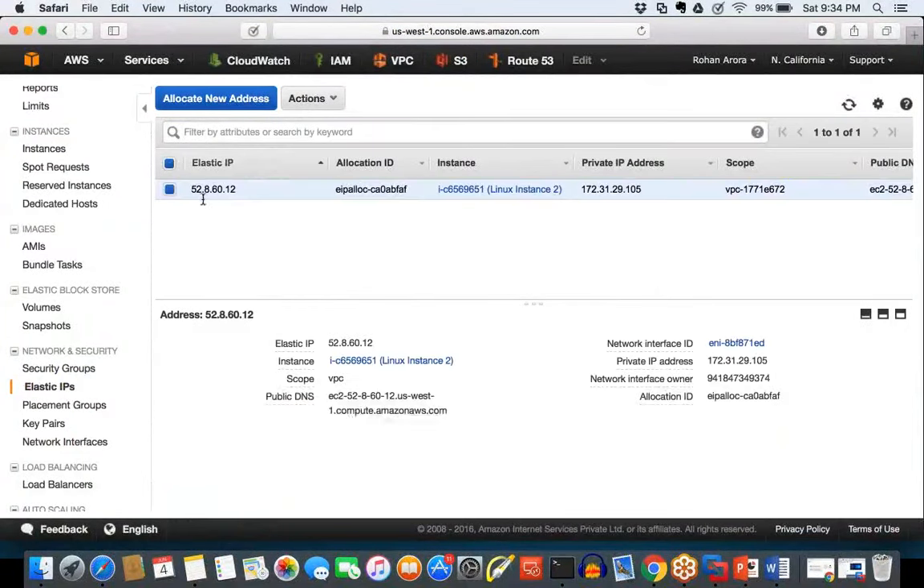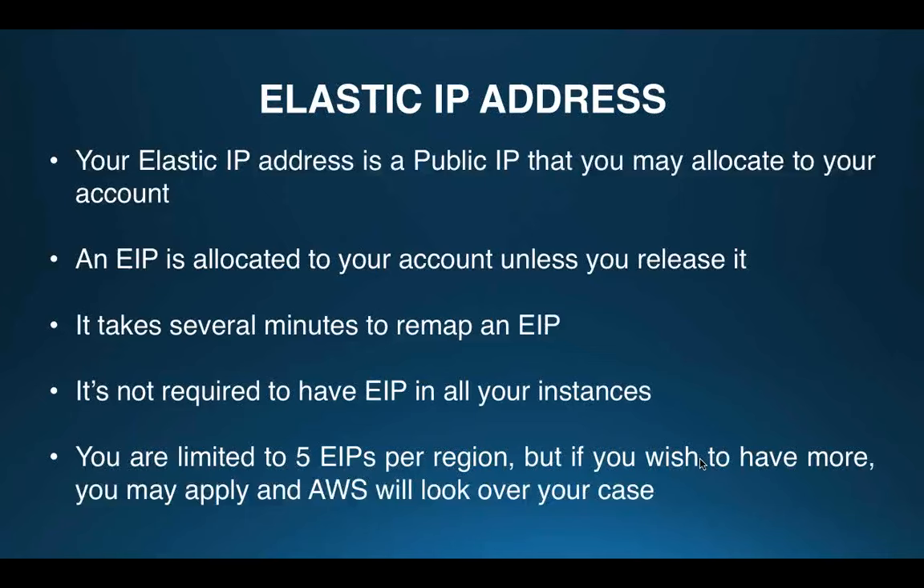Now, you are limited to 5 elastic IPs per region. This is a restriction you have to keep in mind. You only get 5 elastic IPs per region. Above that, you don't get more elastic IPs. Yes, you can get more, but there is a negligible cost involved. You have to open a case with Amazon Web Services, and they may look over your case and assign you more elastic IPs per region depending on your need. With public IPs, there is no restriction, but with elastic IPs you get only 5 per region,